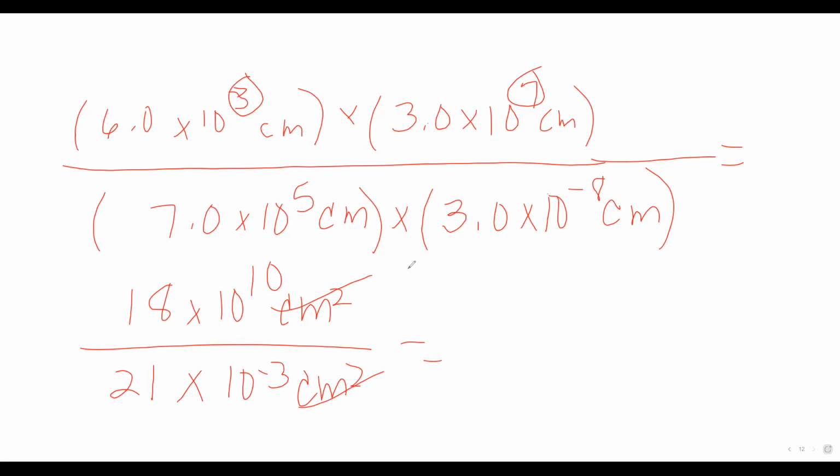And that gives us, and now is where the sig figs matter. All of them have 2, so you only need 2. This is 0.857, so it's 86 times 10 to the what? Okay, so you have a 10, and then you have the reciprocal of the bottom one, so +3, right? And this is no units, equals to